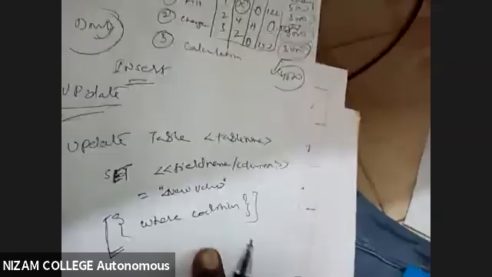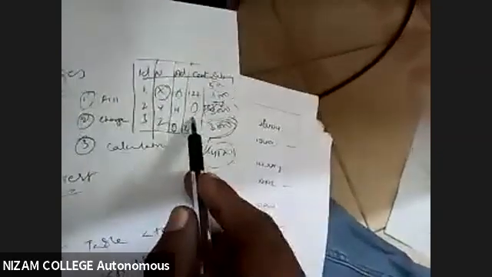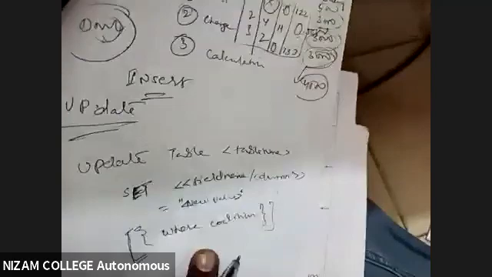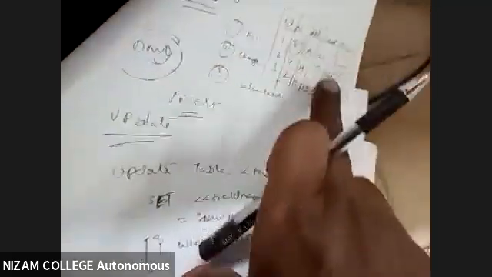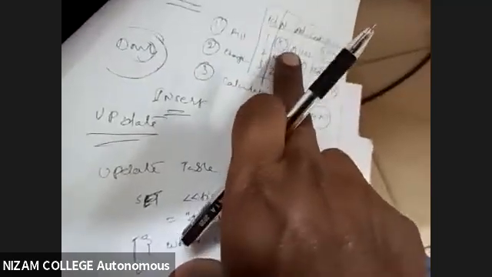the where condition. Remember, this syntax is very important. When I'm saying only for this person, because this particular data is empty, so that's why this person has come. I want to update my roll number or contact number, something like that. So when I want to go for a particular record, only one person, I want to change it, then I'll go for the where condition. With the help of the where condition, only that particular person will get the changes.